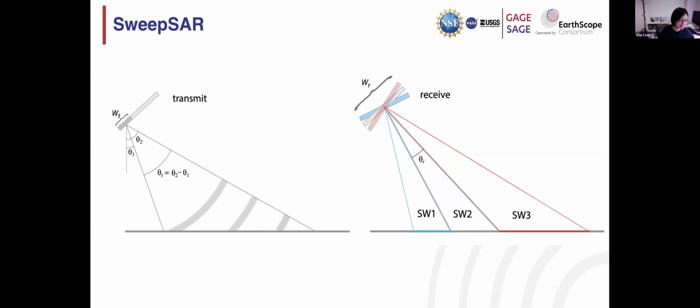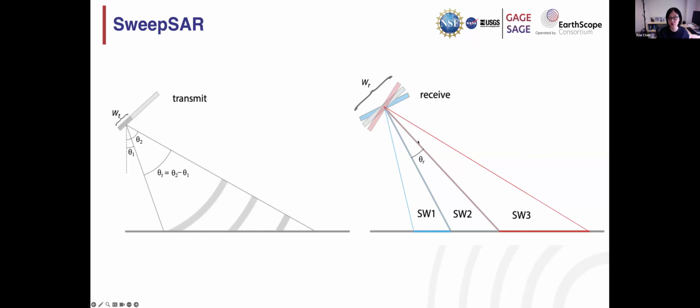So the idea here is that when you're trying to illuminate the swaths, you could try to have a smaller antenna width, and that will lead to a larger angle here, and that's why you can illuminate a larger footprint across track, right? And so that's a big area. But the limitation for that is you have to make sure to wait to send another pulse until the return from the furthest point comes back. Right, but you could actually